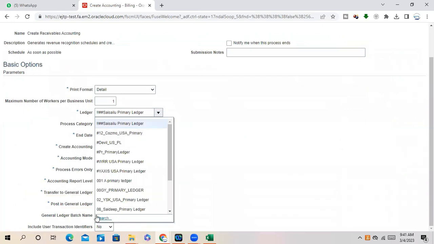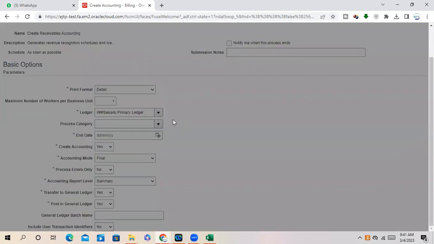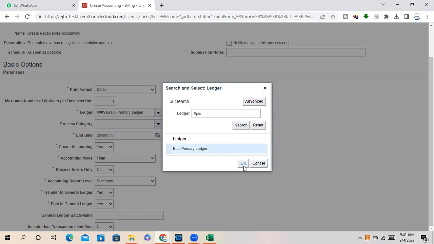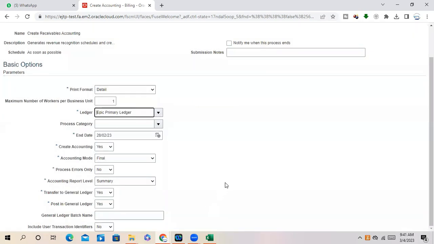So I have created one project. Let me run that. Once you create accounting, the accounting mode is draft or final. If it is draft, it is just for review purposes. If it is final,